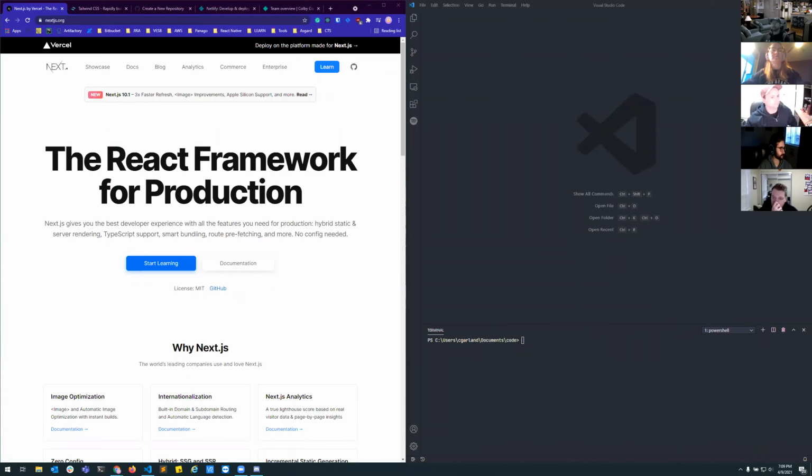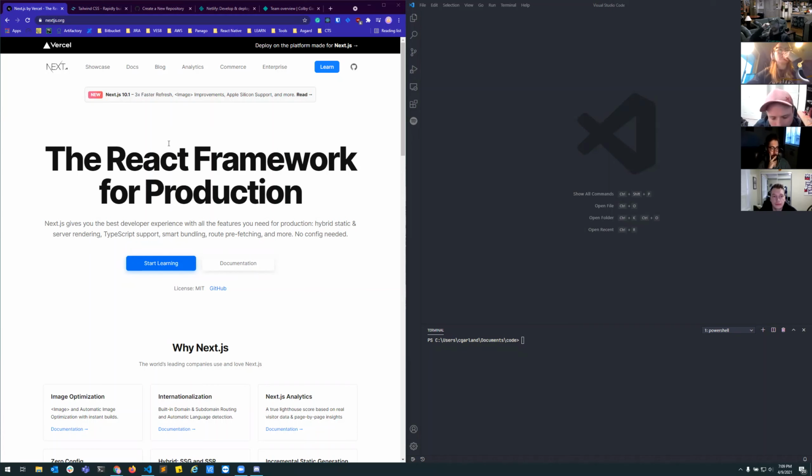Today's talk is on NextJS, a little bit of Tailwind, and then Netlify for free hosting. So this is kind of a beginner talk on React, and I've chosen NextJS as the framework to use for React. So I'm not going to go into too much detail about what React is in general. You can kind of Google that yourself, but NextJS is an excellent framework for React that takes care of a